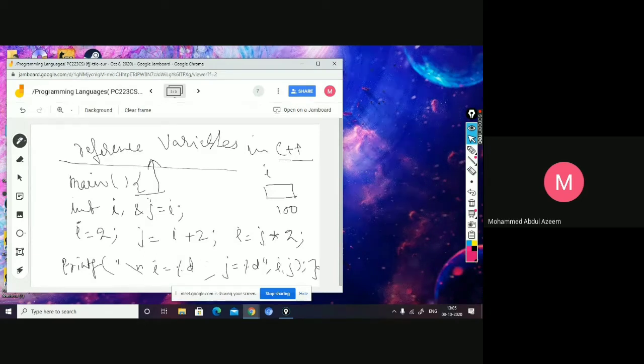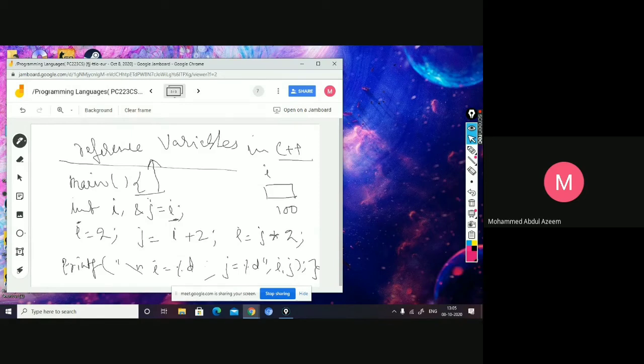For J, memory will not be allocated, but rather it just acts as an alias name to I. For I, when it was created, memory was already allocated.